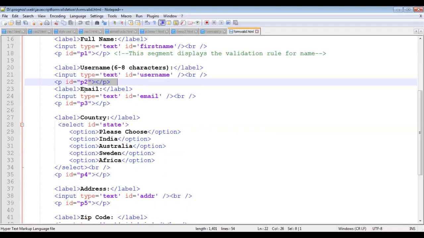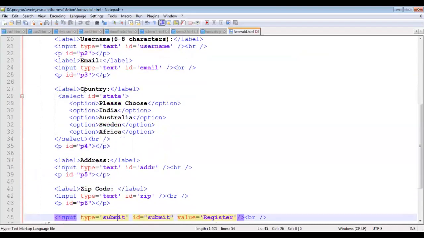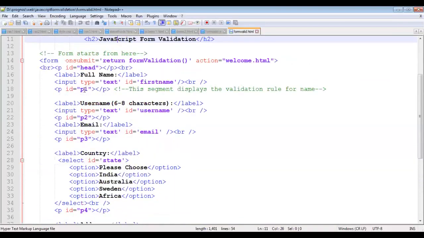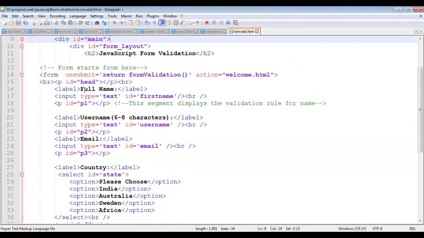So I have taken the text box for email ID, similarly for country, address, and PIN. Then I have taken the submit button. Now, for all of these text boxes, we need to apply some validation and write some validation code. To do that, we need to create an external JavaScript file.